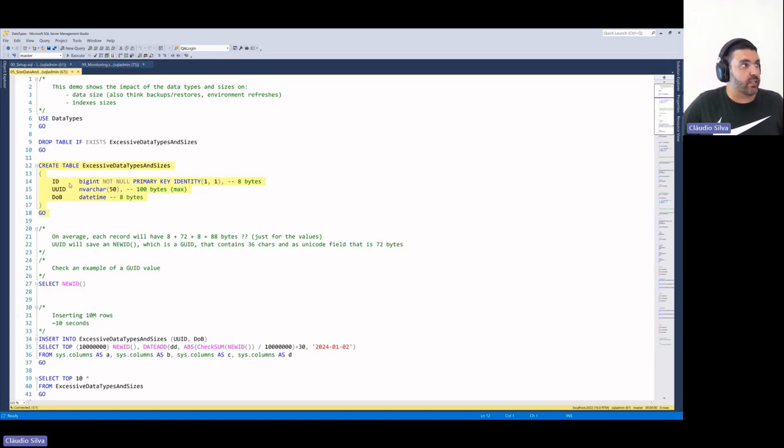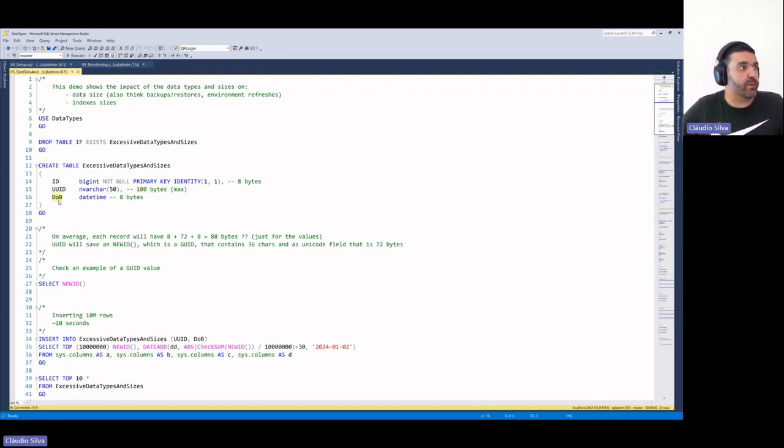I have already created a table and inserted 10 million records on that table. The table has an ID, which is a bigint and an identity value, so it will increment from 1 plus 1 plus 1 and so on, and being a bigint, it occupies 8 bytes on our record. I will have a unique identifier that I'm putting here as NVARCHAR 50, meaning if I occupy the 50 characters at max, it will occupy 100 bytes on my record.